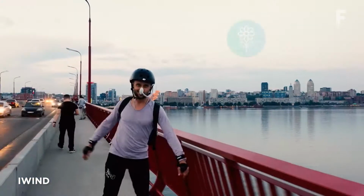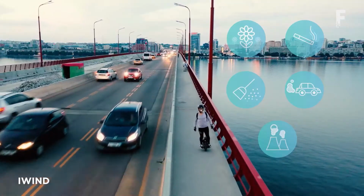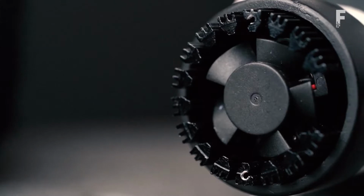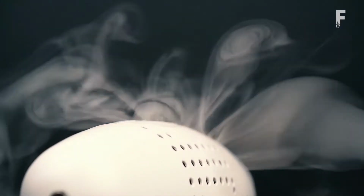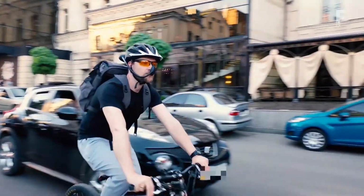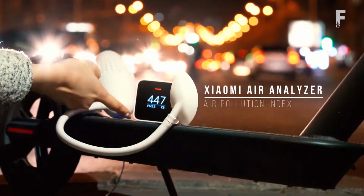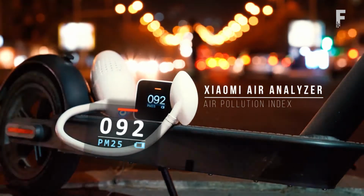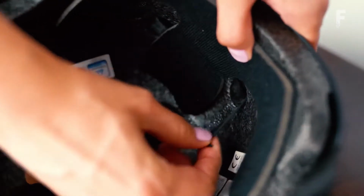iWind is a portable air filter that blows purified air onto the cyclist's face. In urban environments, it's not uncommon to see cyclists wearing masks that filter out airborne pollutants. Magnetically mounted on the back of the rider's helmet is the filtration module, which houses not only the replaceable filter itself, but also a fan and